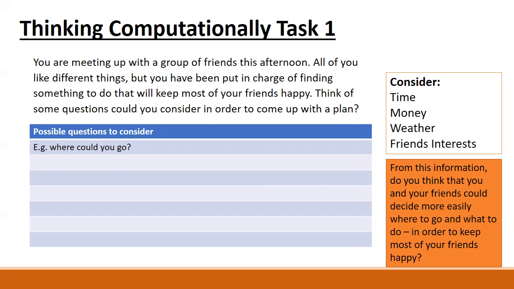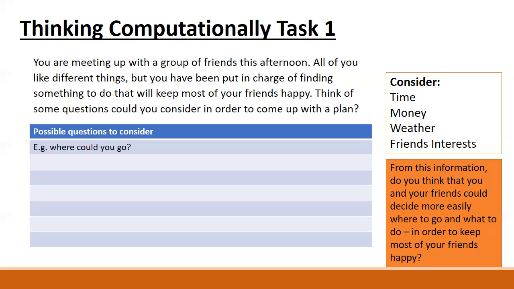Then you would perhaps do some data gathering by surveying your friends on what their preferences were. Unless you just decide, my way or the highway, we're just going to do my thing. But the problem with that is that maybe not everybody will come, and if they come, maybe they won't stay because they don't like it. You know what I mean? So we probably want to find things that people want to do and can afford to do, that they have time for, and that's in a place where they can meet, etc.